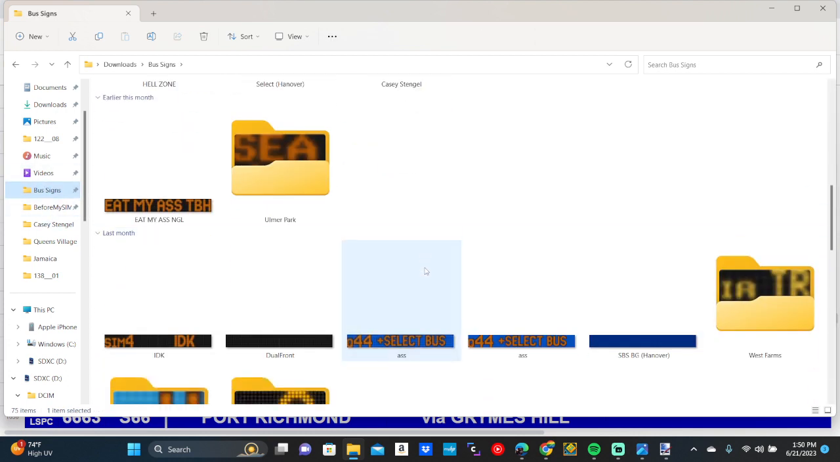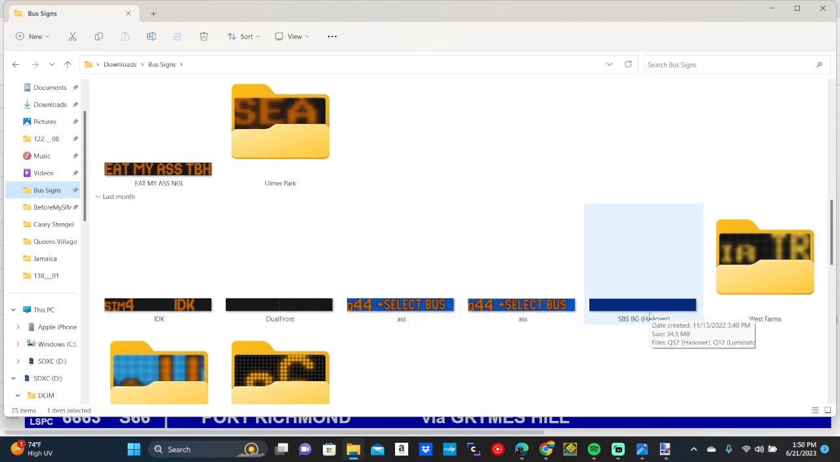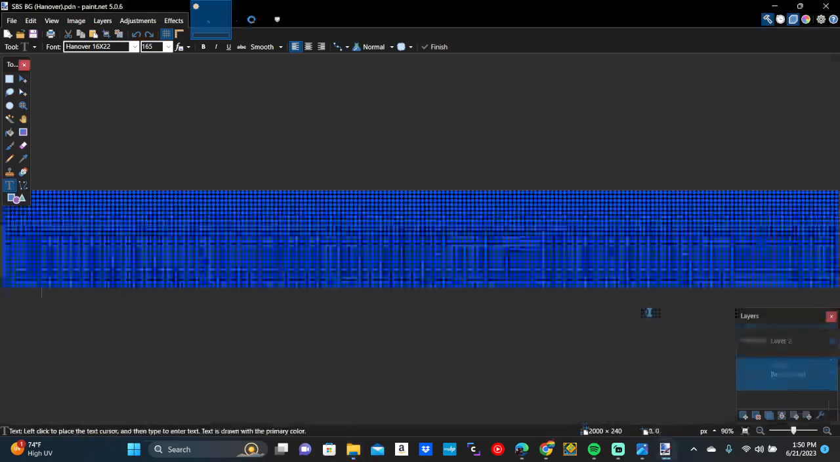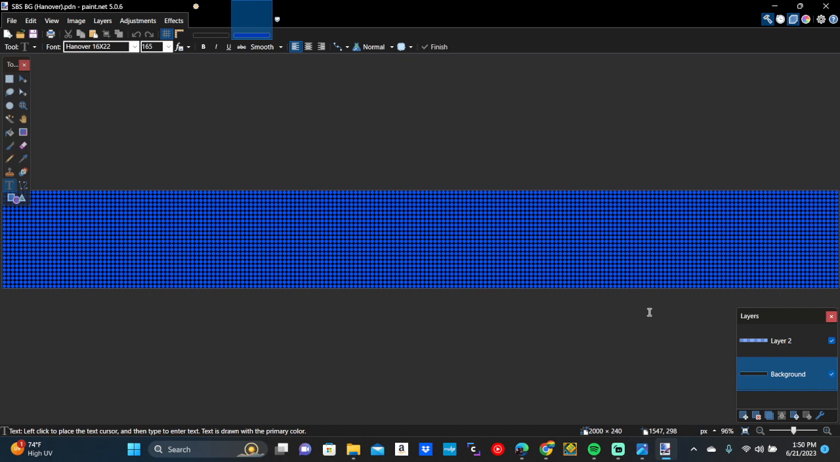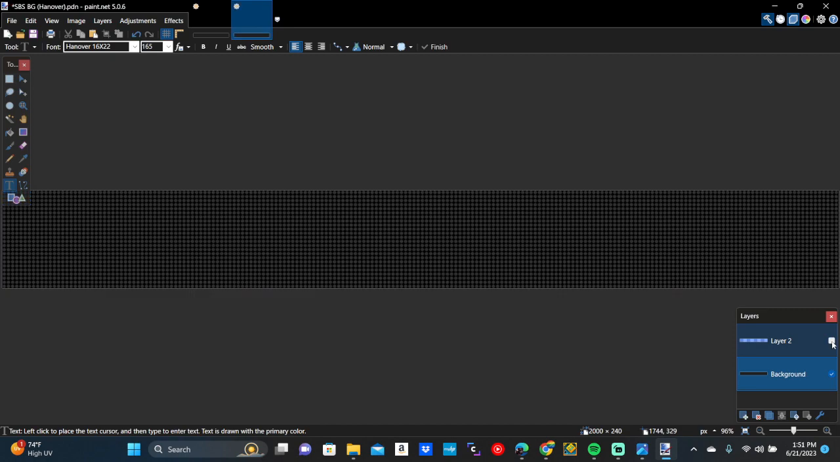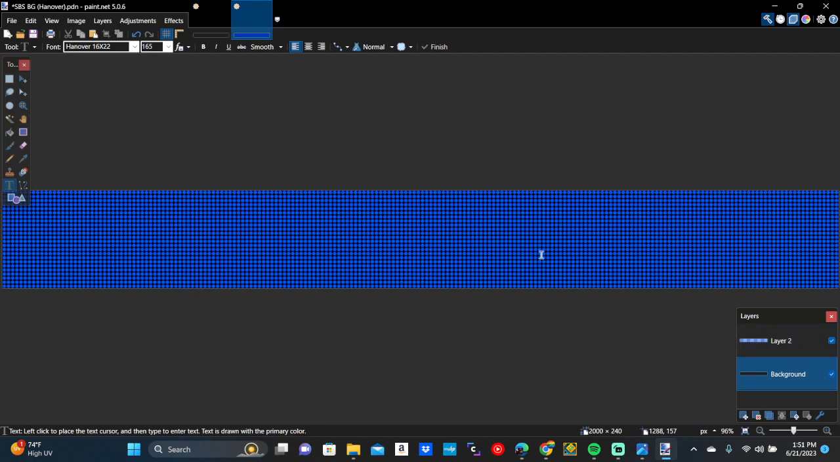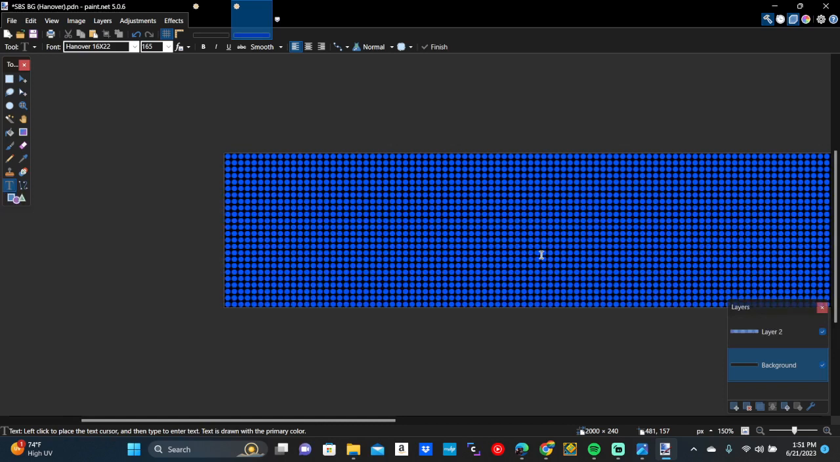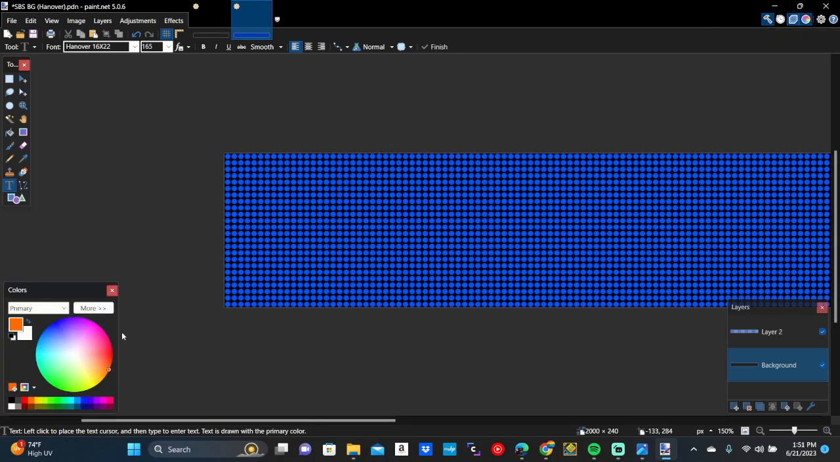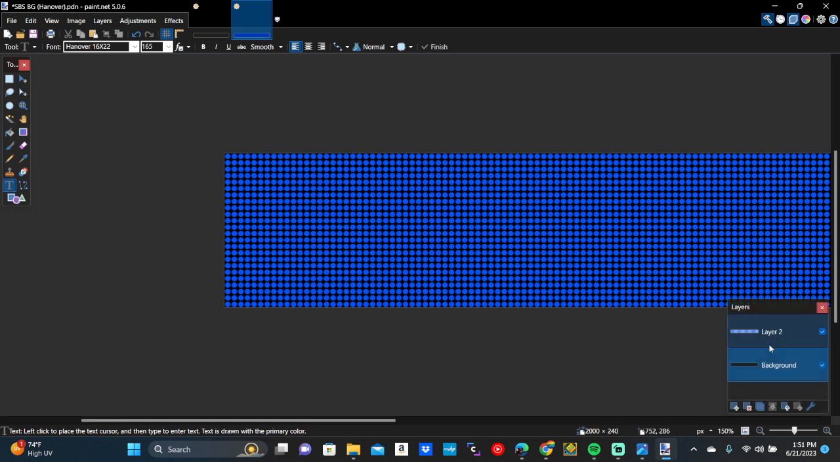It's not this one. It was this one. This will probably open a new Paint.net thing. As you see, if we turn off layer 2, it shows the background, and there's just straight up blue dots over every single dot. The problem is I forgot the color I had used for the background. And